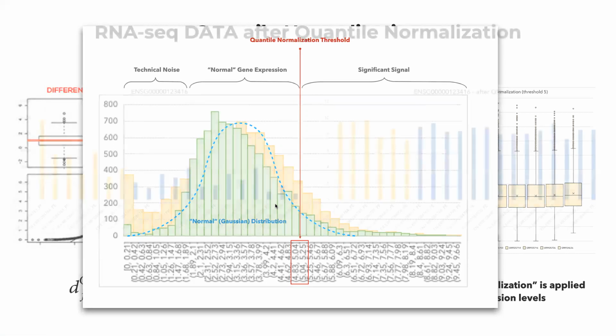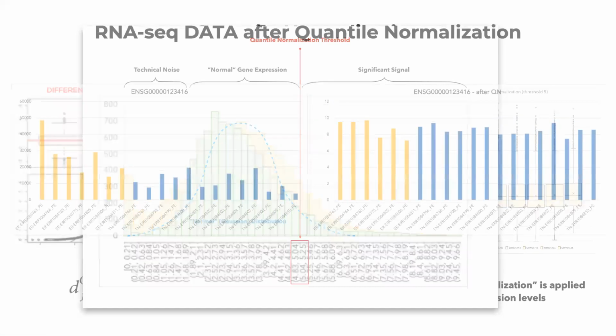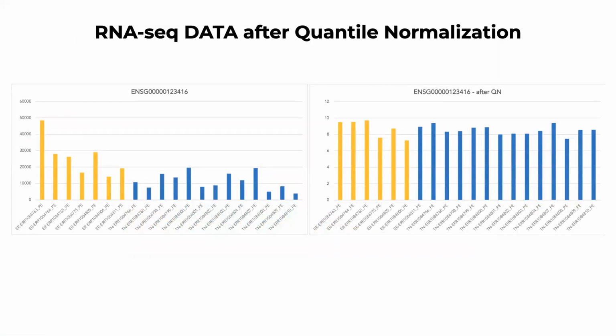So here's an example. Here are a couple of genes. You can see that it's the same gene before and after quantile normalization and log normal transformation. When we look at it in raw scale, we might be tempted to think that there's a difference between this condition and this condition. But the difference is primarily a result of variation within one group of samples, right?